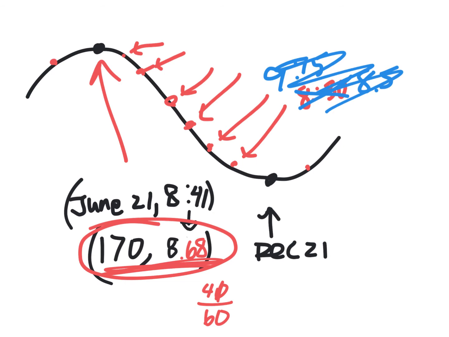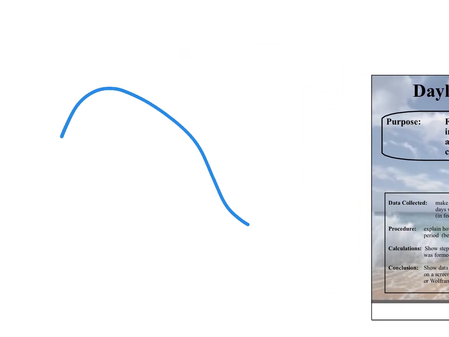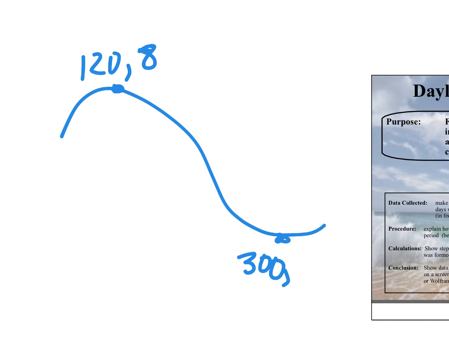All right, so you'll have a high spot and a low spot, and I just want to run through how you use those again. So I'm going to give you a high spot. Imagine for a moment, I don't want to use the real lab numbers, that we had on day 120 we had 8 hours of sun. And let's say that on day 300, we had